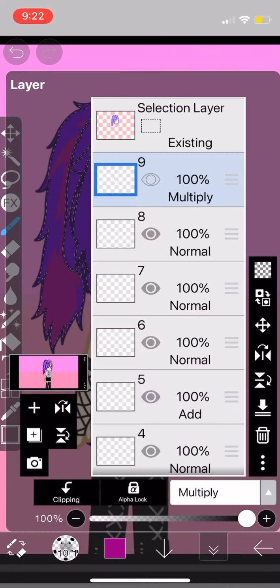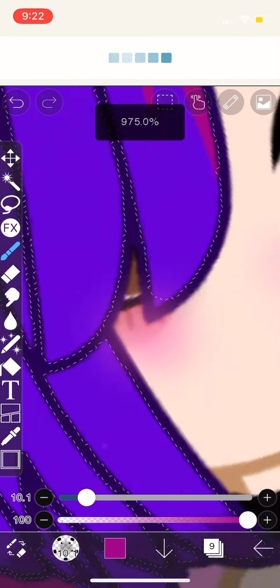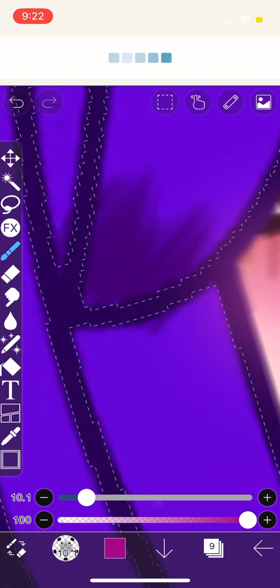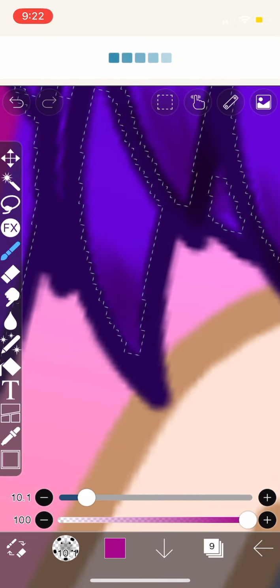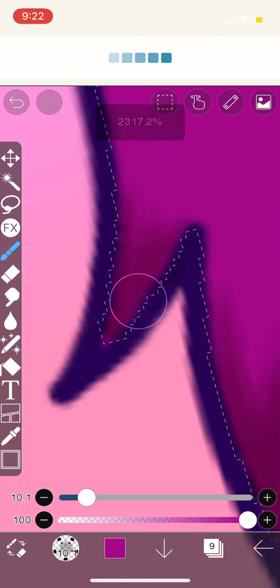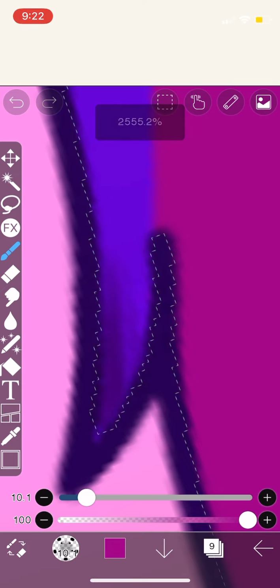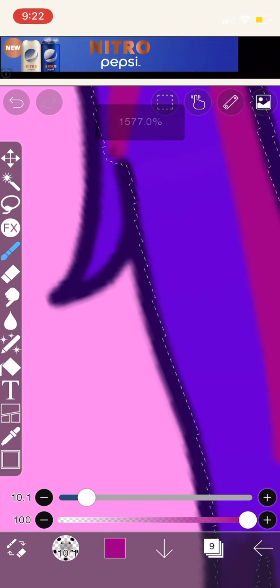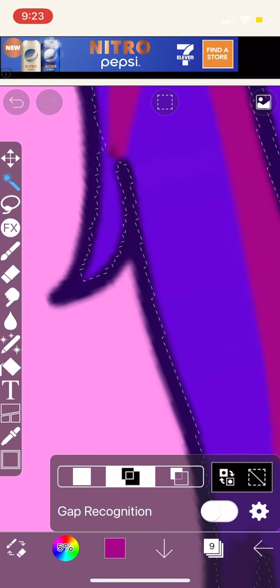Okay, so now that you didn't make the same mistake I did, and you actually selected the hair, then you're gonna want to use that oil hairbrush, and you want to go around all of the tips of the hair, and whenever there's about a corner of it in a way, you're gonna want to use that brush on it. And obviously right now you're also on multiply for the layer type,